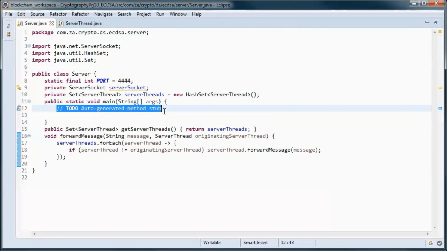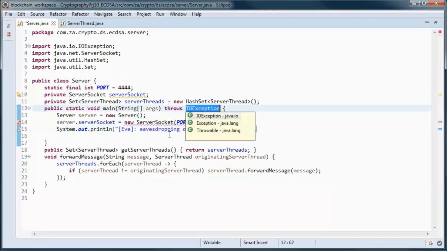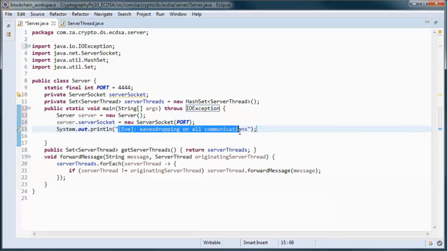And we will start by instantiating a server and a server socket given the port number, and indicate that Eve is eavesdropping on all communications.